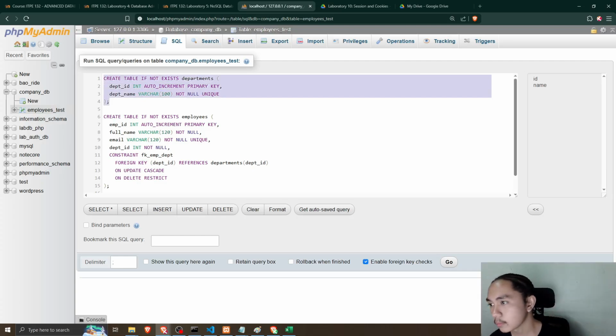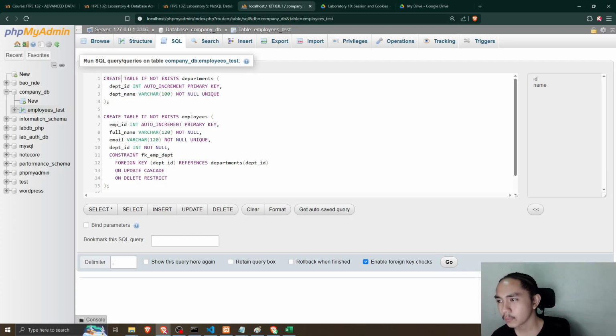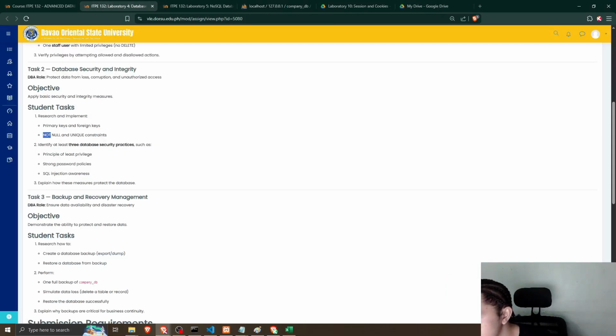So I'm creating 2 tables: if not exists, department ID and department name. Then we have the department ID here as a foreign key. Then the employee table: employee ID, full name and email, and then the foreign key is our department ID, which references the departments table. So what's next?